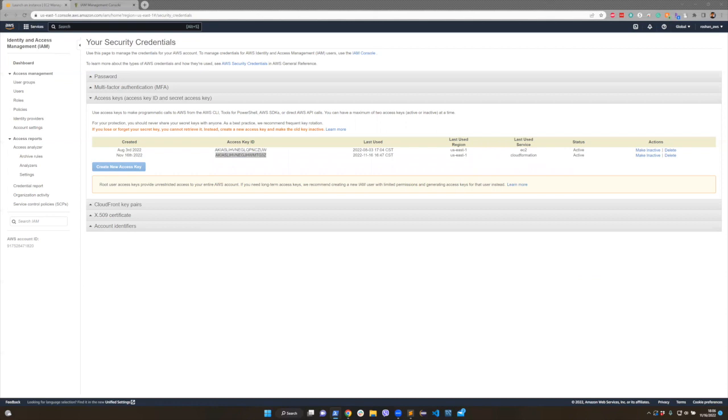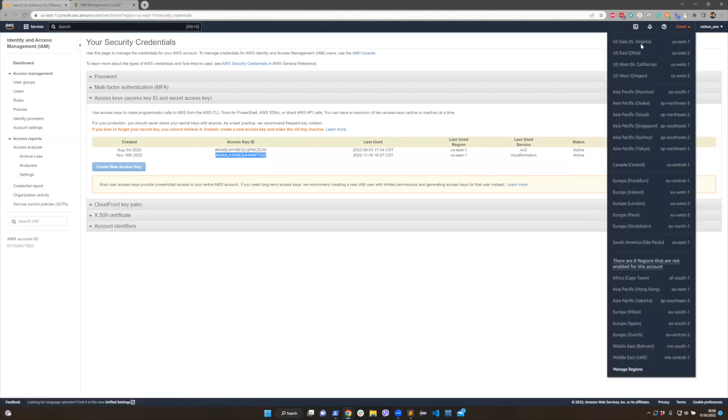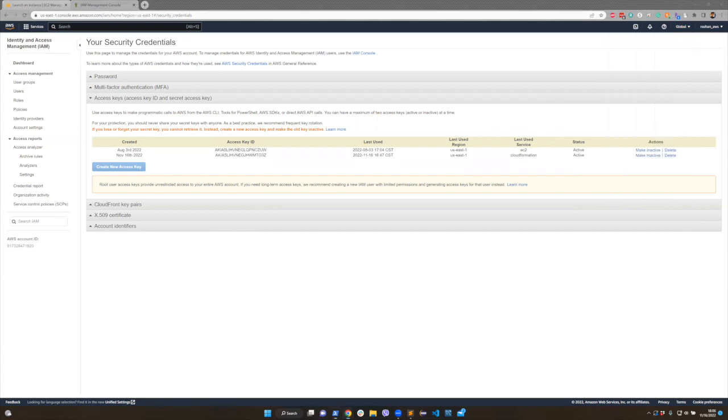Okay, and the next question it's going to ask is the default region name. It's simply us-east-1 if you're using North Virginia. So just go on and enter that. And again, this is some information that you can find from the drop down here. So if you're using Northern Virginia, then you use us-east-1, otherwise use whatever is reflective of the region you're on, right? So do that, and then when you press enter after you enter that information, you will be asked what kind of output format you want to use, and we're going to use JSON. Okay, so once I've done that,